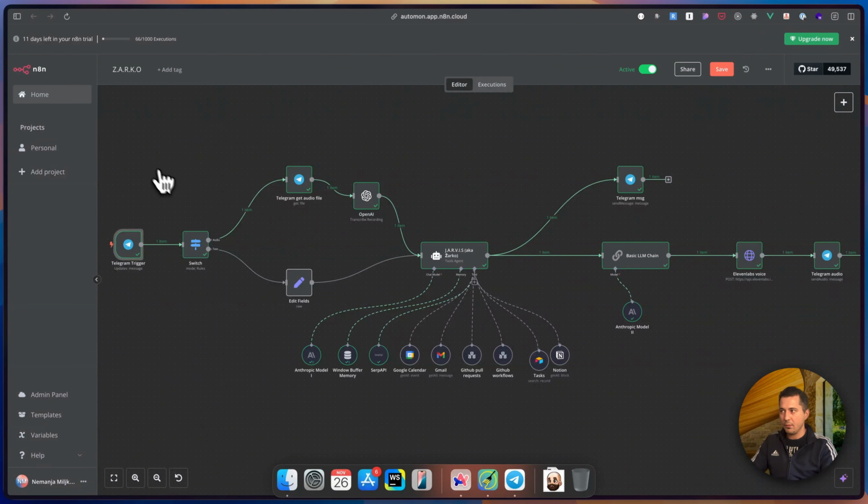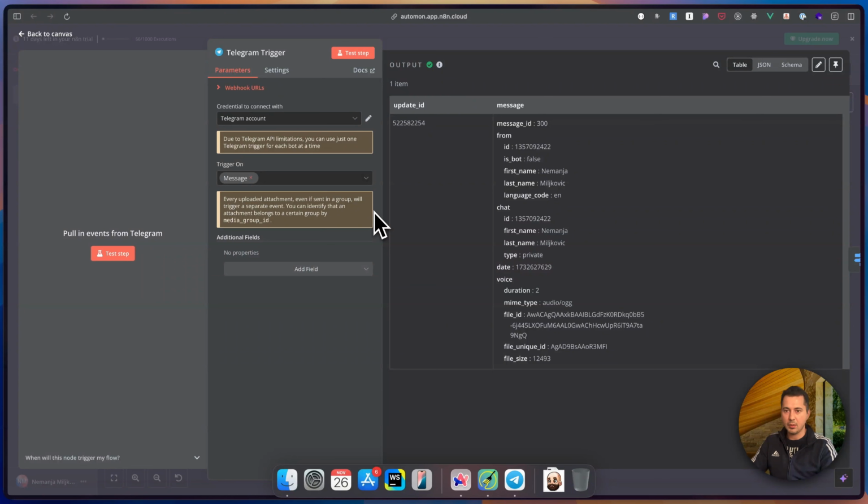So when you have created the Telegram trigger, and when you send a message, for example here a voice message, you will receive a response like this one. Here we can see some metadata about the message, but for us the file ID is very important. We will see in the next step why,